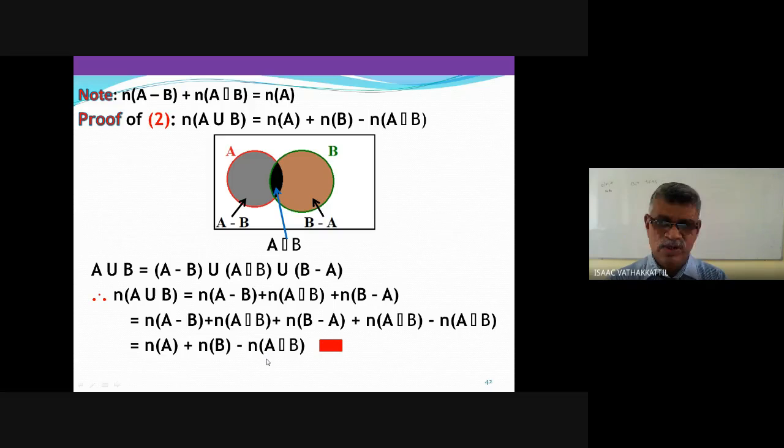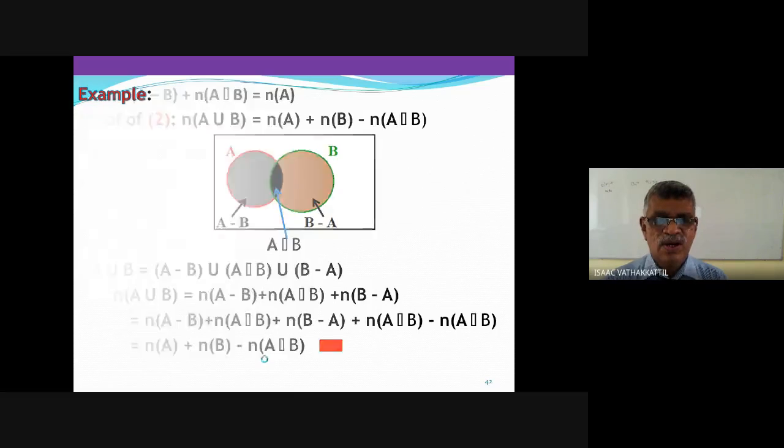Proof, I don't give too much importance here. You may not even be asked to prove a theorem. This is something like a theorem. Now we are going to apply this. That is our major part today. What is the formula in your mind? Number of A union B equals number of A plus number of B minus number of A intersection B. There are four quantities there: number of A, number of B, number of A union B, number of A intersection B. Any three may be given, you have to find the fourth.